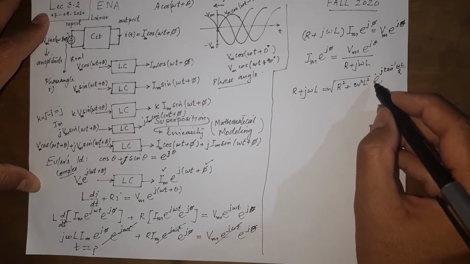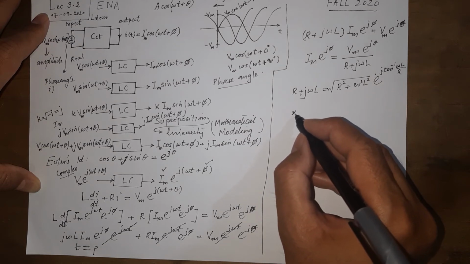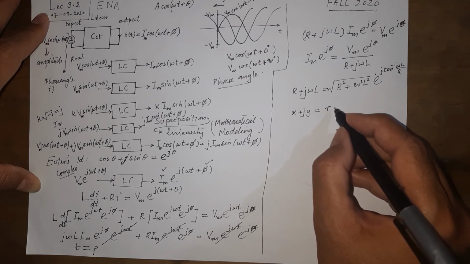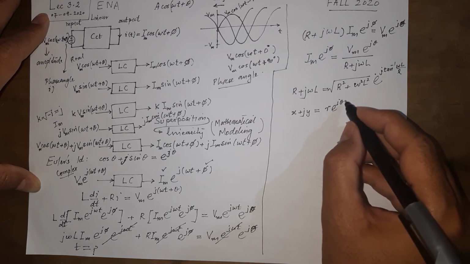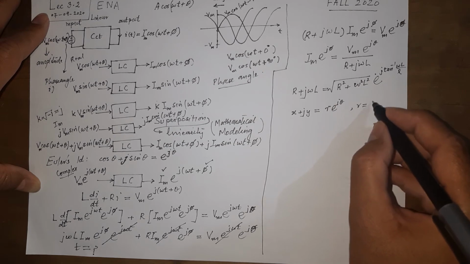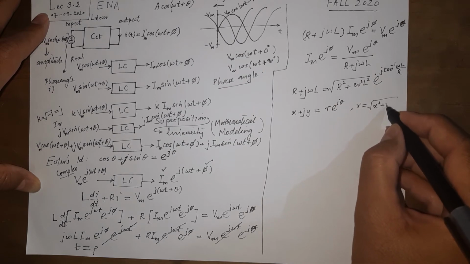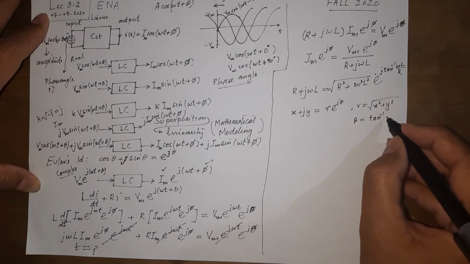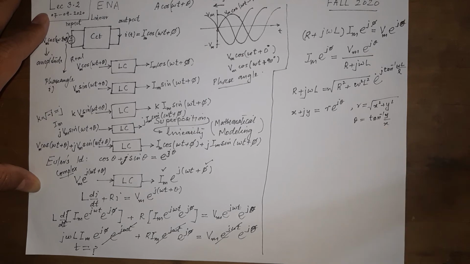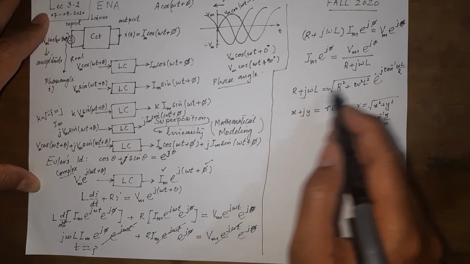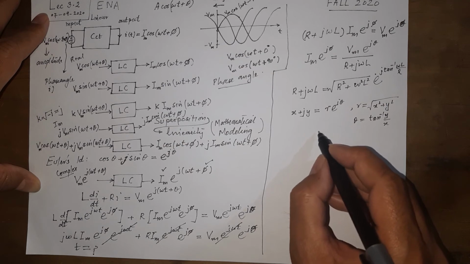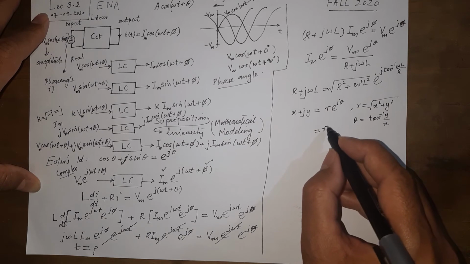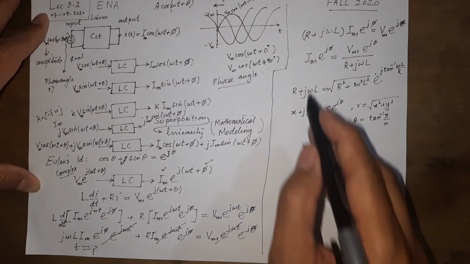This is that same complex number. So a complex number x plus iota y can be written as R e raised to power j theta, say, where this R is equal to square root of x square plus y square, and this theta is equal to tan inverse y over x. I'm using the same thing. So we know that for simplicity, we write it in this polar form as r angle theta. So we can use that here as well.